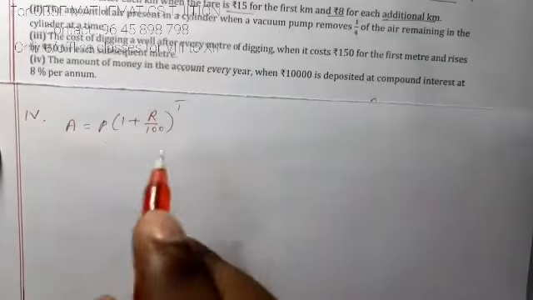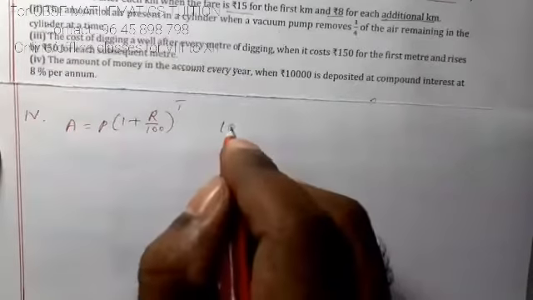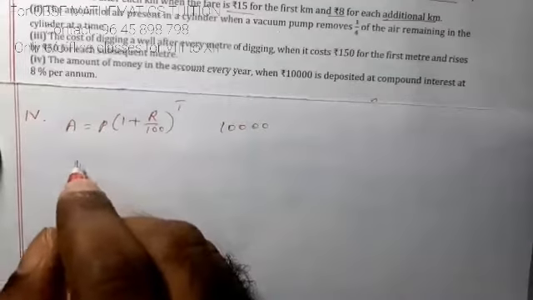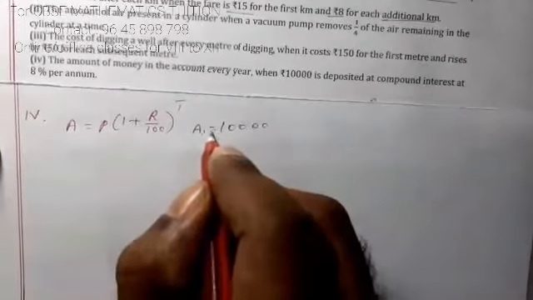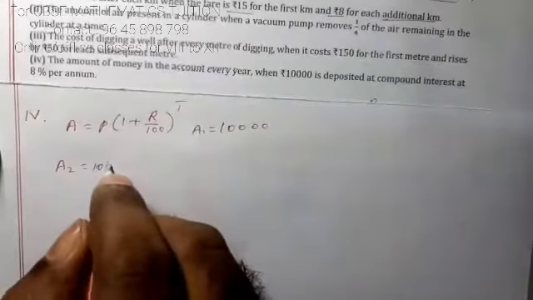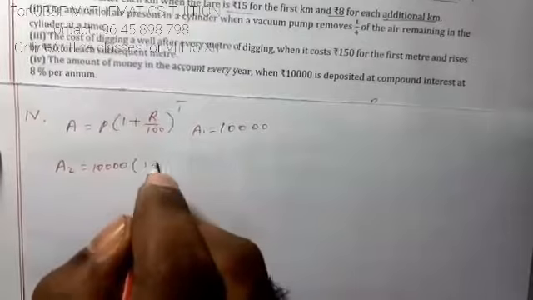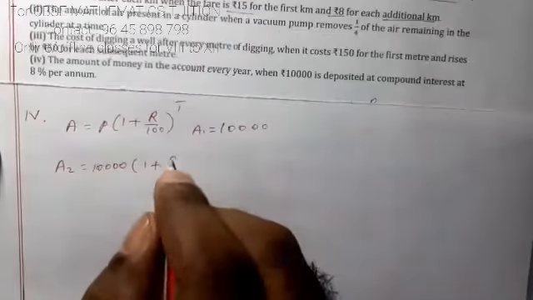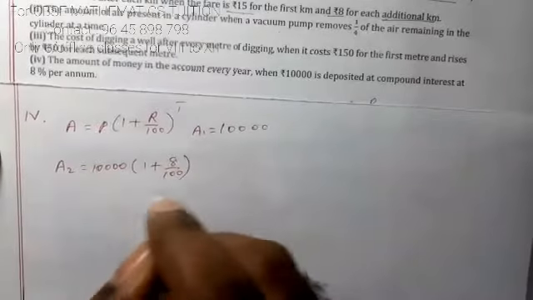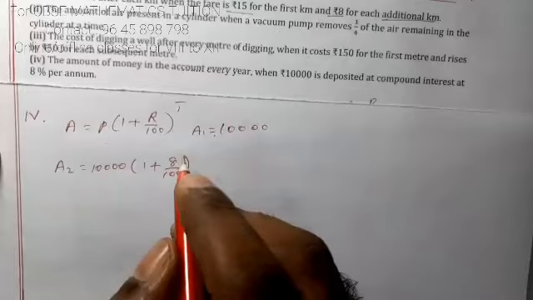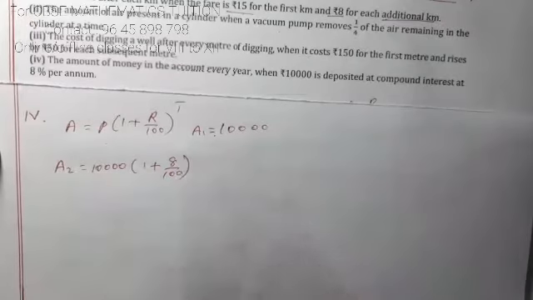So the amount in the first year is 10,000. For the second year, we can give the name A1, the first amount. The second year it will be 10,000 into 1 plus the interest at 8%, so 8 by 100. Percentage means per 100. Each year, this is the first year. The second year we are going to find here,